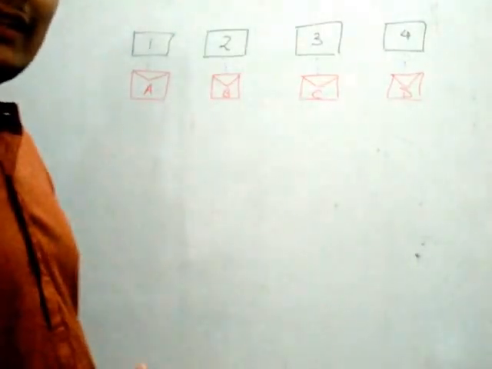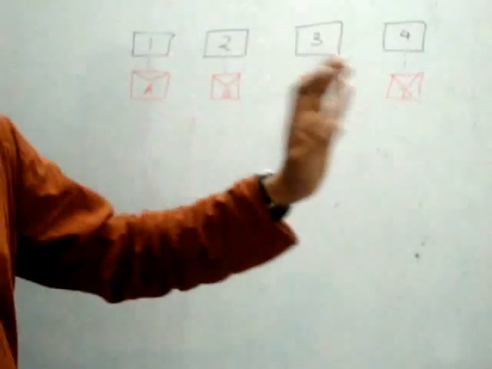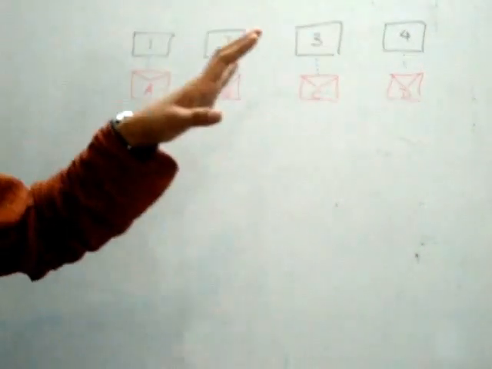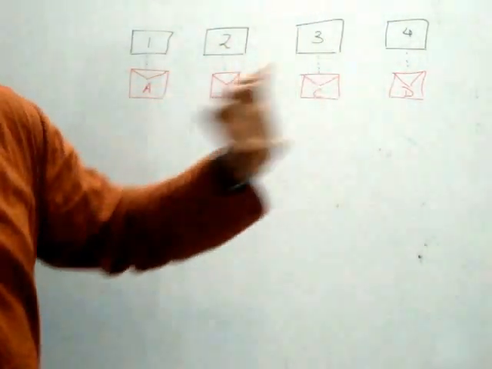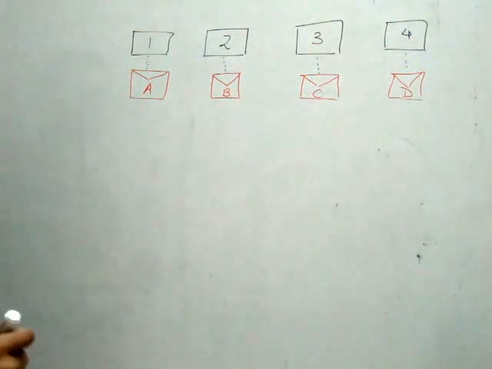Now let us consider these are the 4 letters I was talking about, and there are 4 envelopes marked as A, B, C, D, and the letters are marked as 1, 2, 3, 4. The correct arrangement is told to us, that is 1 to A, 2 to B, 3 to C and 4 to D. Now let's try to arrange them in a way that none of the letters goes into the right envelopes. So let's see in a layman method how will we do this.